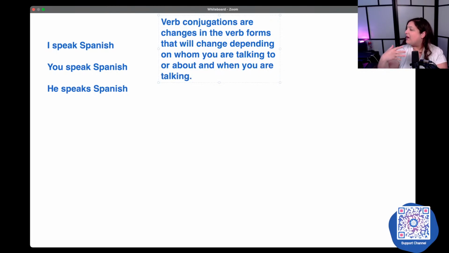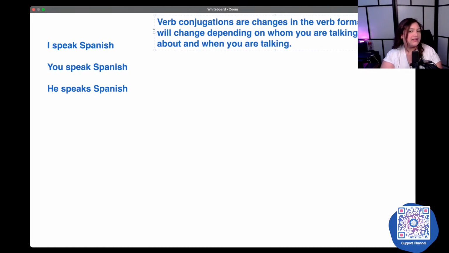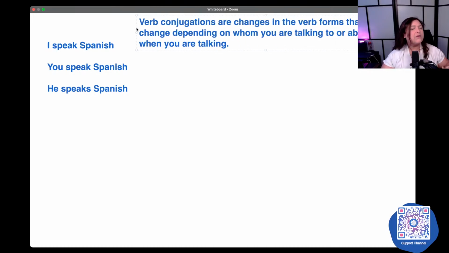So here I'm talking about the tense, because verb conjugations is not limited to the present tense. Verb conjugations will happen in the past, the future, the progressive tenses, the perfect tenses, all the tenses. It's gonna happen.